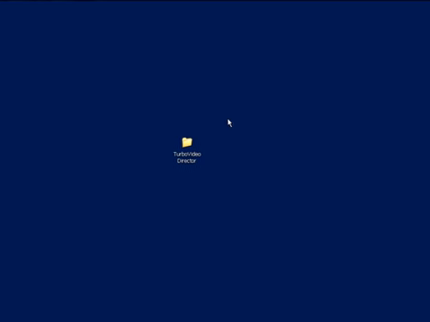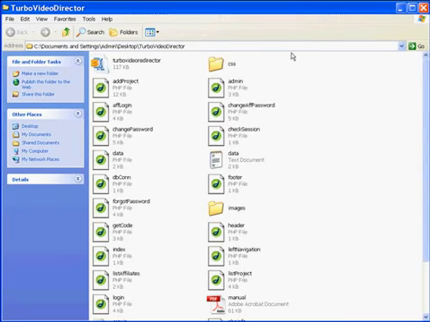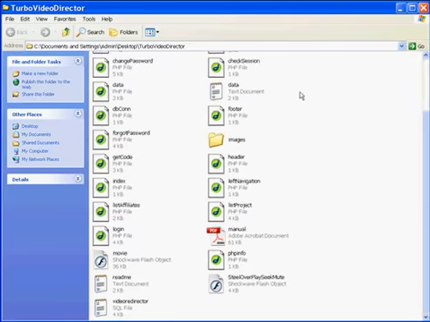In this video we're going to be covering how to install Turbo Video Director. So first of all we need to open up the files. We've got Turbo Video Director here. We double click. Inside here you can see all the files that we're going to be using,